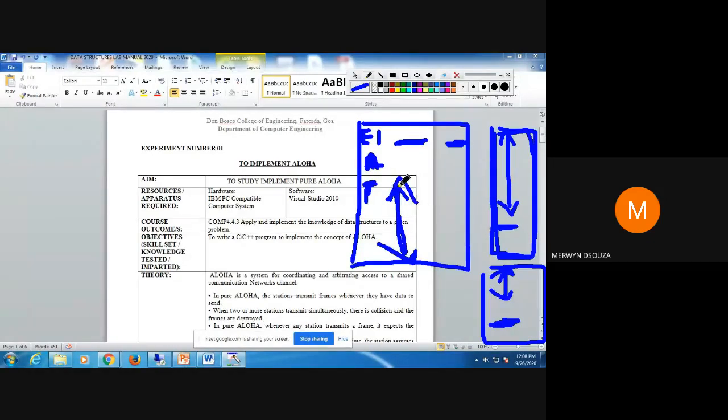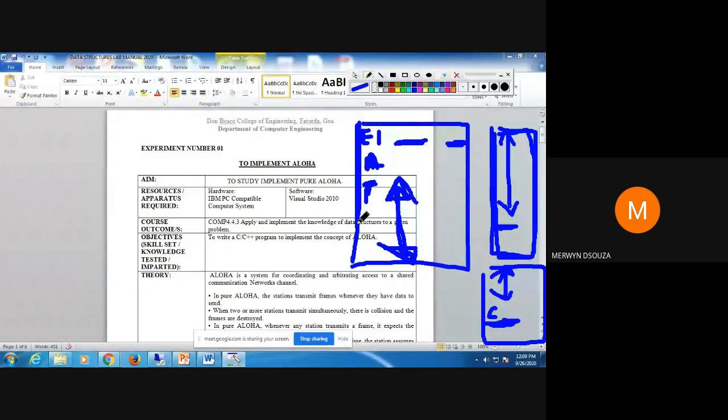I will not tell you how many pages of theory should be there, but at least minimum 1 page I expect. Minimum 1 page. Maximum, it is for you how much you decide you want to score in the exams. That much theory you put here, so you can use it for your theory exam later to study. Okay. I will not specify how much should be the maximum. And then after the theory is over, here you will write the conclusion.